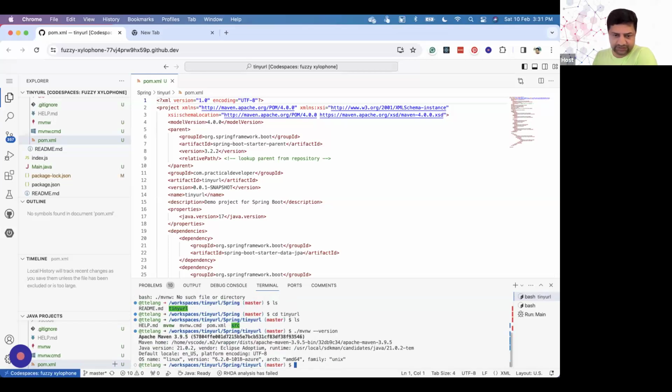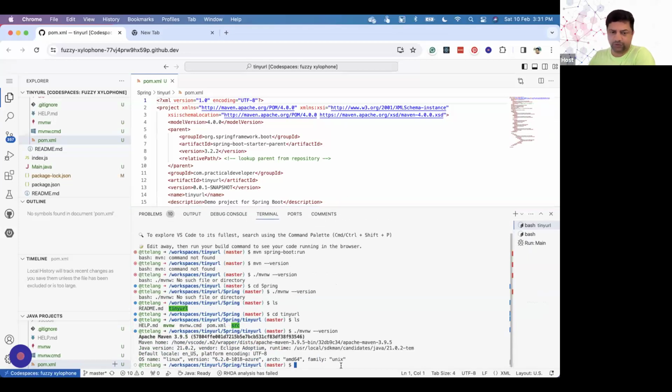So yeah, it shows there is MVNW. If you don't have MVN in any system, you can use MVNW. So to run this default project, I'll say MVNW Spring Boot